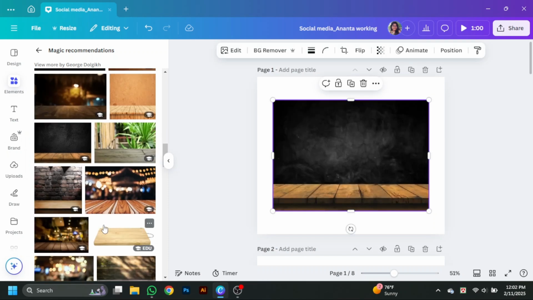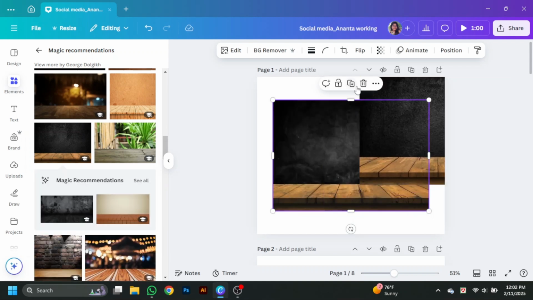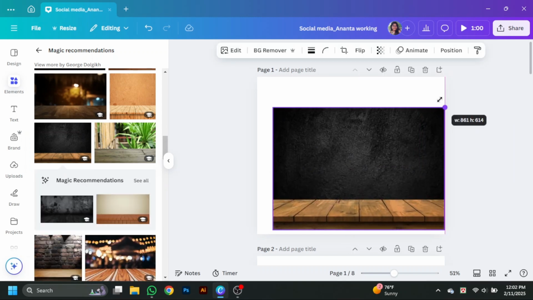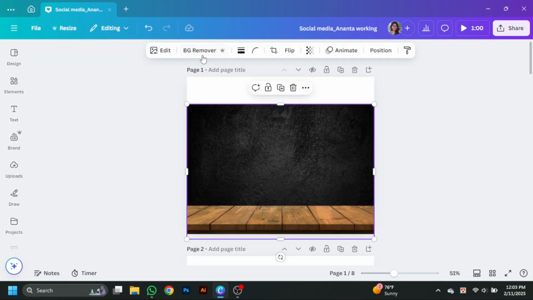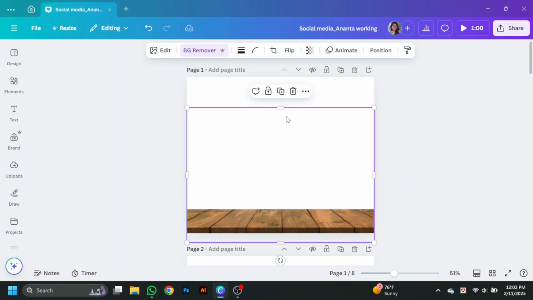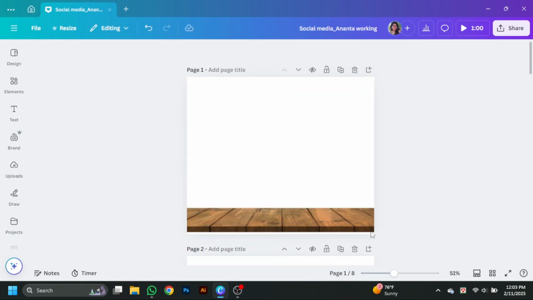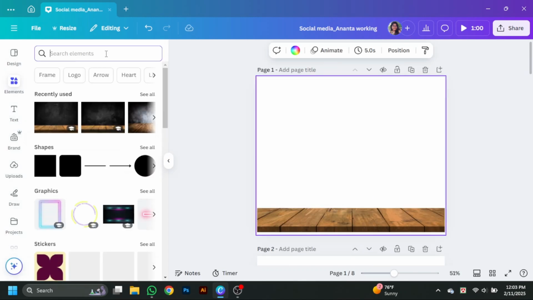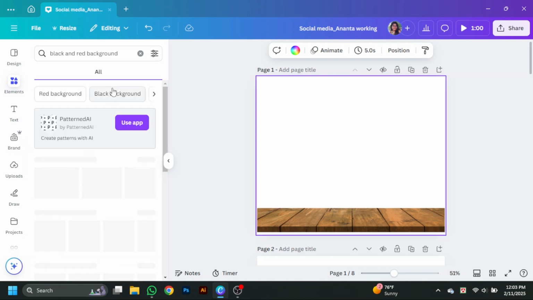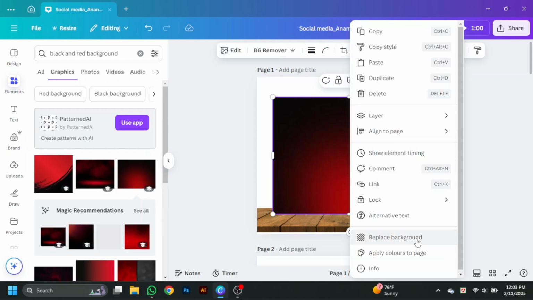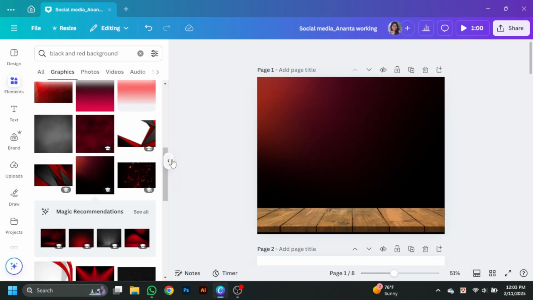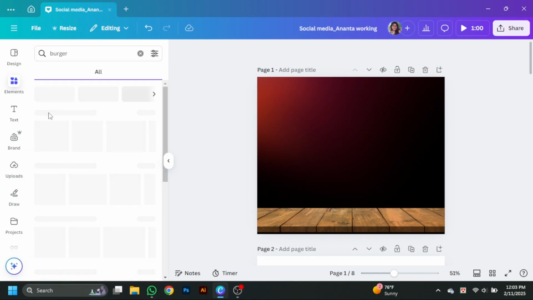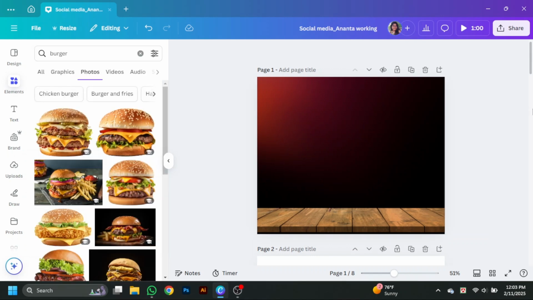Let's take this table and place it, and remove the background. Now place the table under the page, bottom side of the page. Then go to the element and search for a black and red background. Let's take this background and replace the page background,